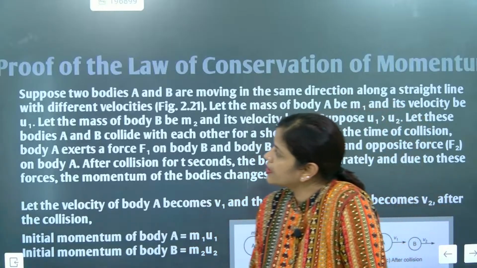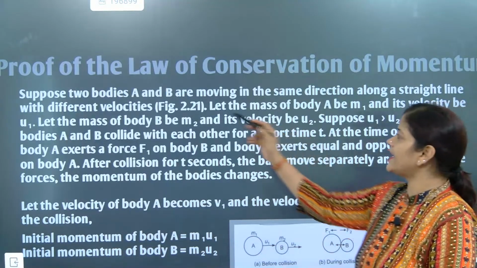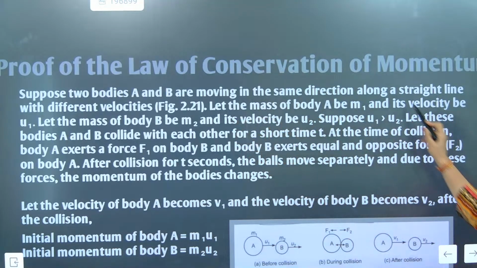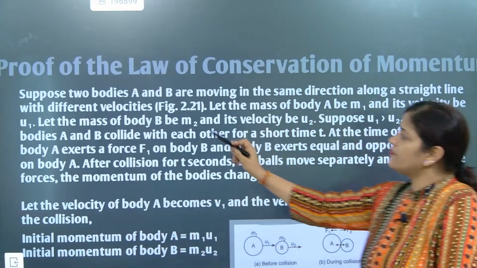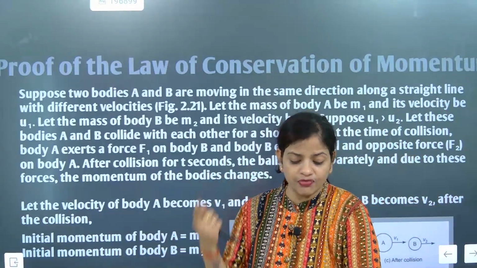Now, beta, look here. So, proof of law of conservation of momentum. Suppose two bodies A and B are moving in the same direction along a straight line with different velocities. Now, we are going to talk about different velocities. Before that,